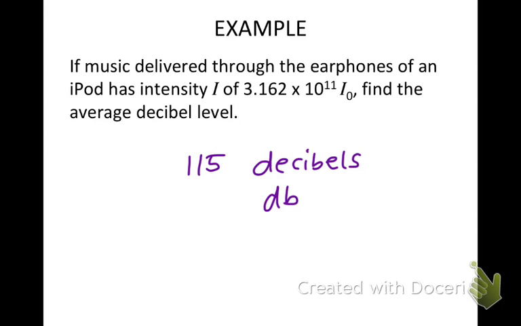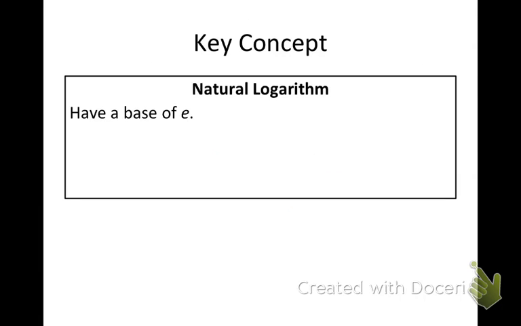All right. So, can we use our calculator to evaluate logs? Yes? Okay, so the next thing we have to cover is natural log and then change of base. So, the LN button on your calculator is what represents your natural log. And the reason why it's called a natural log, unlike the common log that has a base of 10, is that your natural log has a base of E. Okay? And E is a very special value. If you typed in E to the 1 power on your calculator,